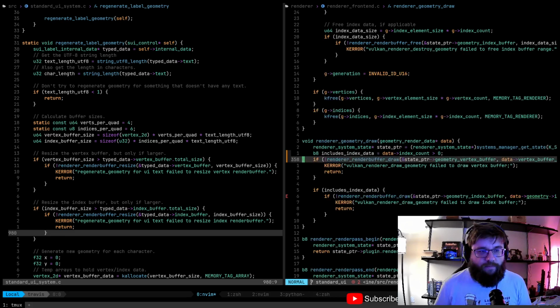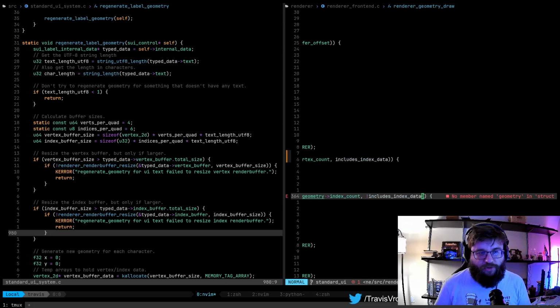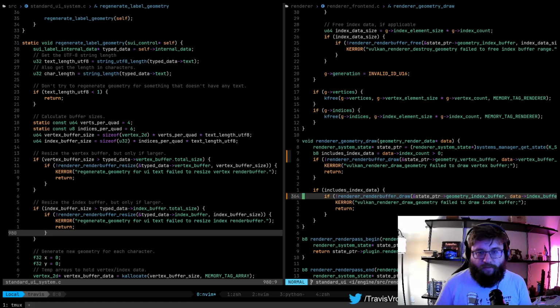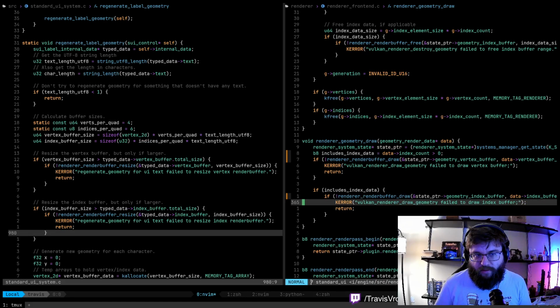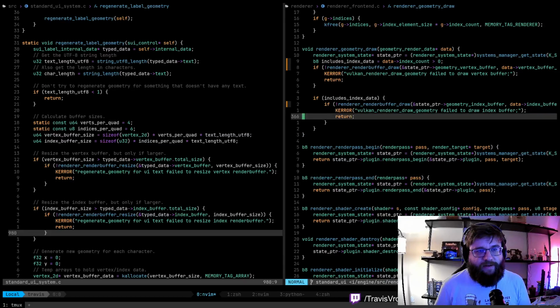Okay. So we've got that. This is actually way better because we can get away with not having to use geometry at all back here. We don't need a pointer to the geometry for this stuff. We can just take a copy of the data and draw it. So that winds up being a lot cleaner than I initially had anticipated, right?